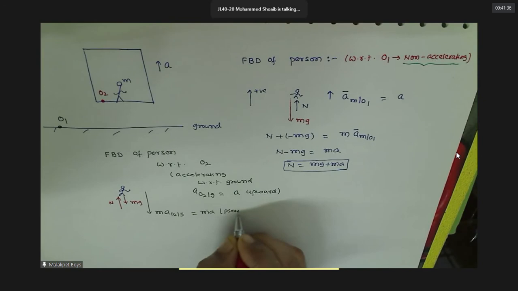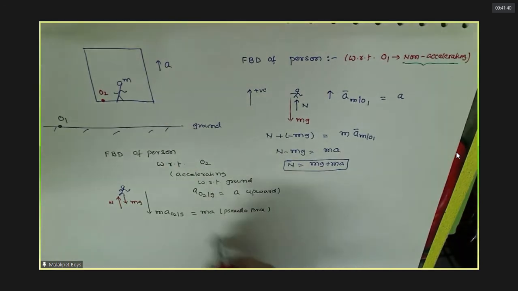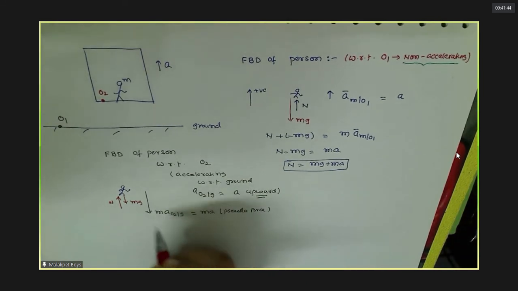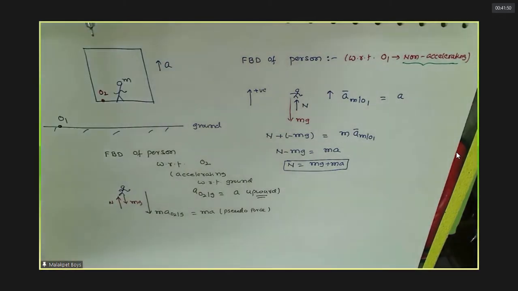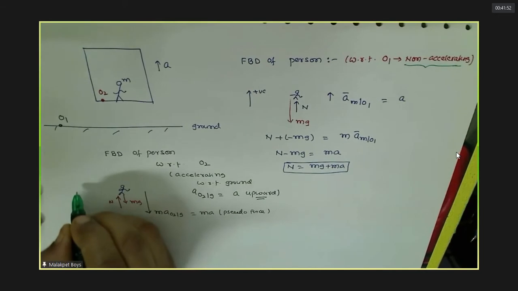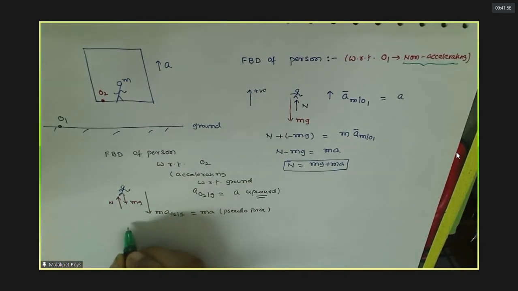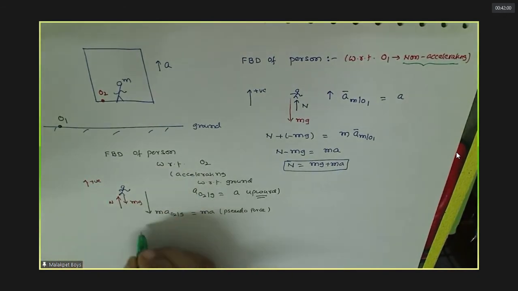Minus acceleration of observer, no, sir. Minus means opposite, no? Acceleration of observer is upward. Where you will show direction, already shown, no? Minus indicates opposite, that's all. Agreed? Then if we take this as upward, sum of the forces